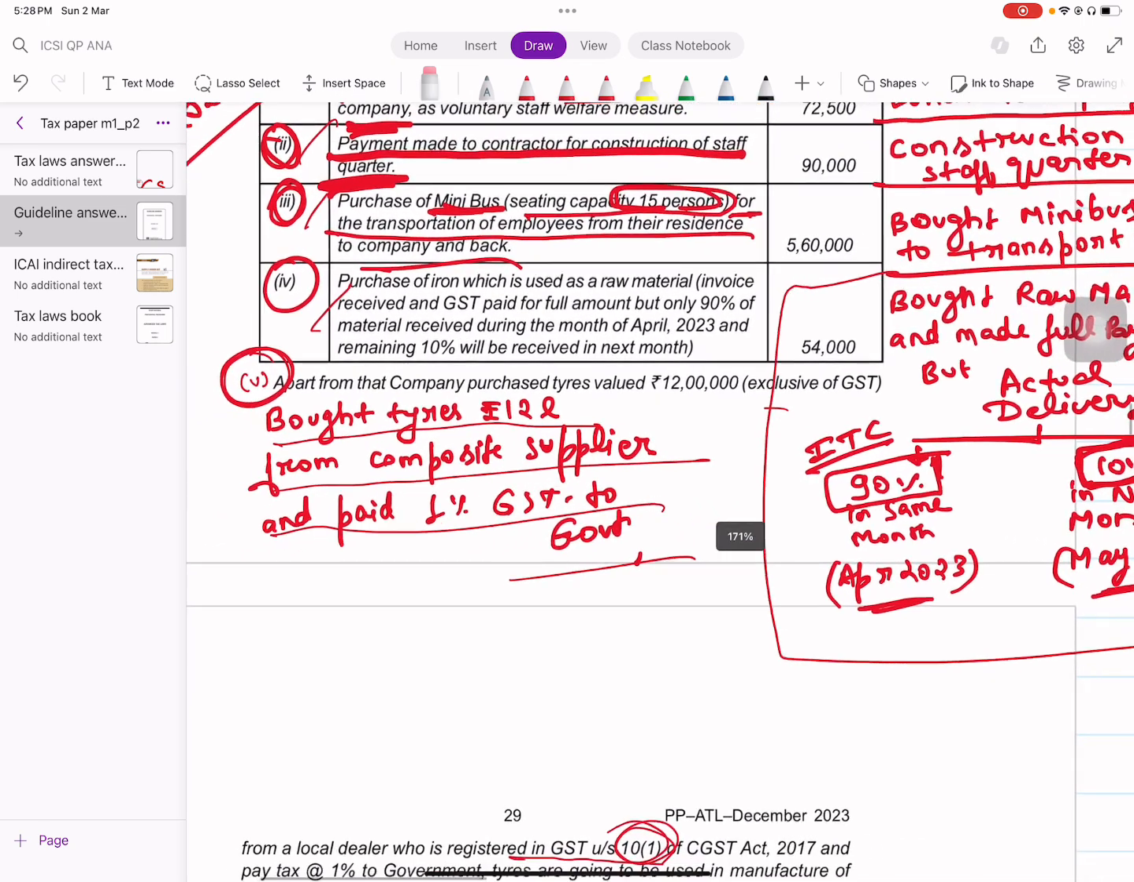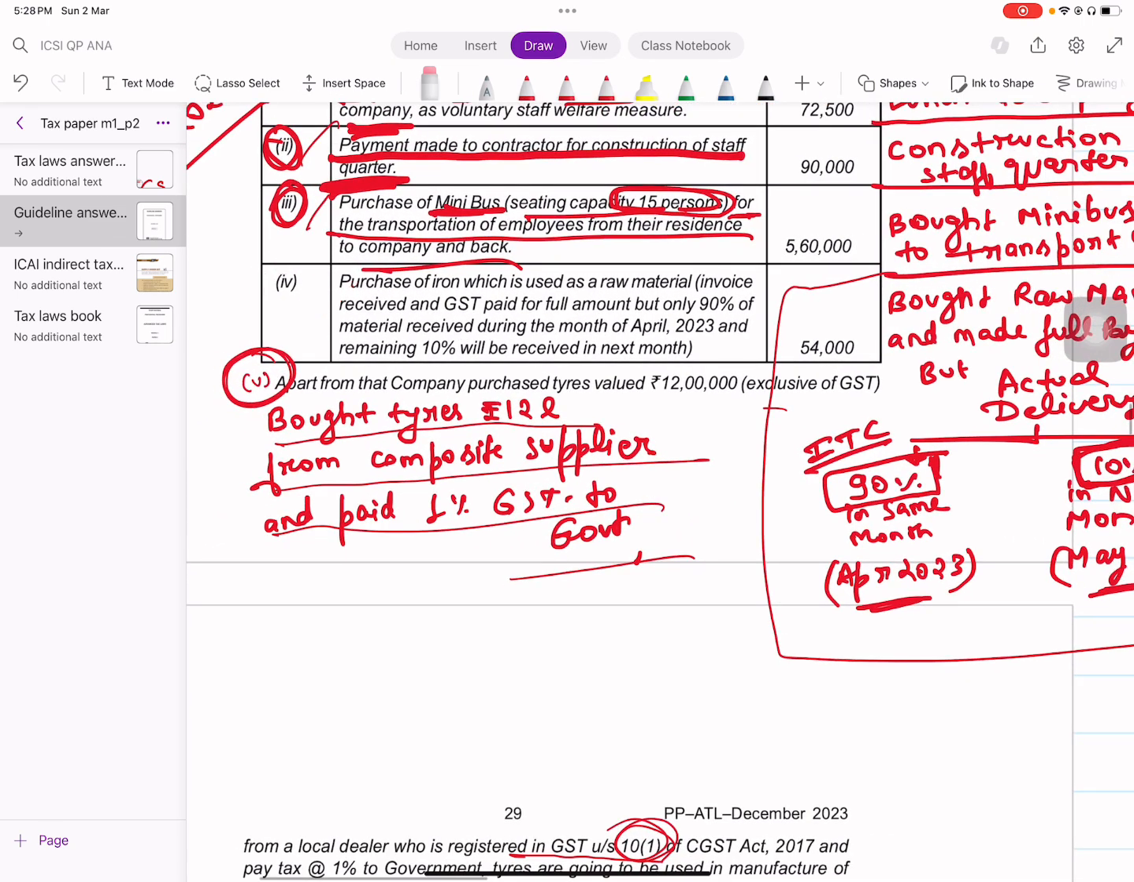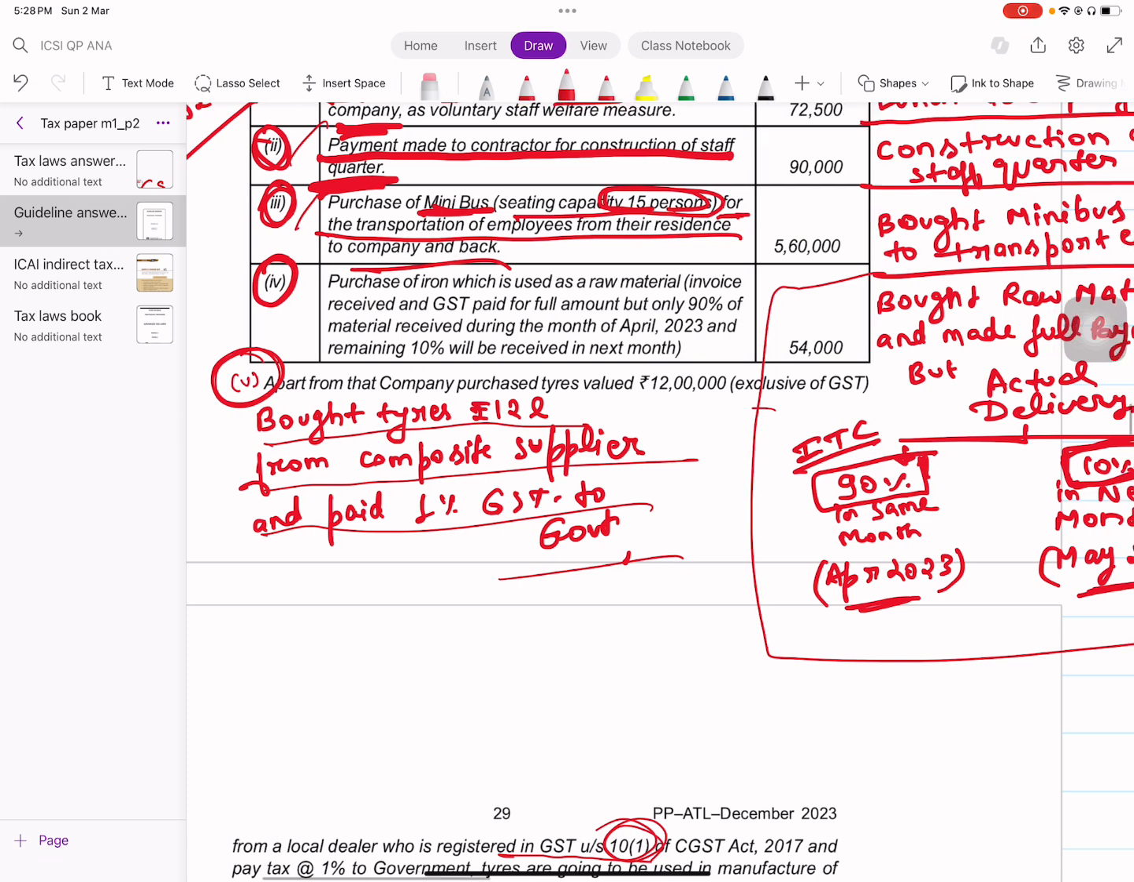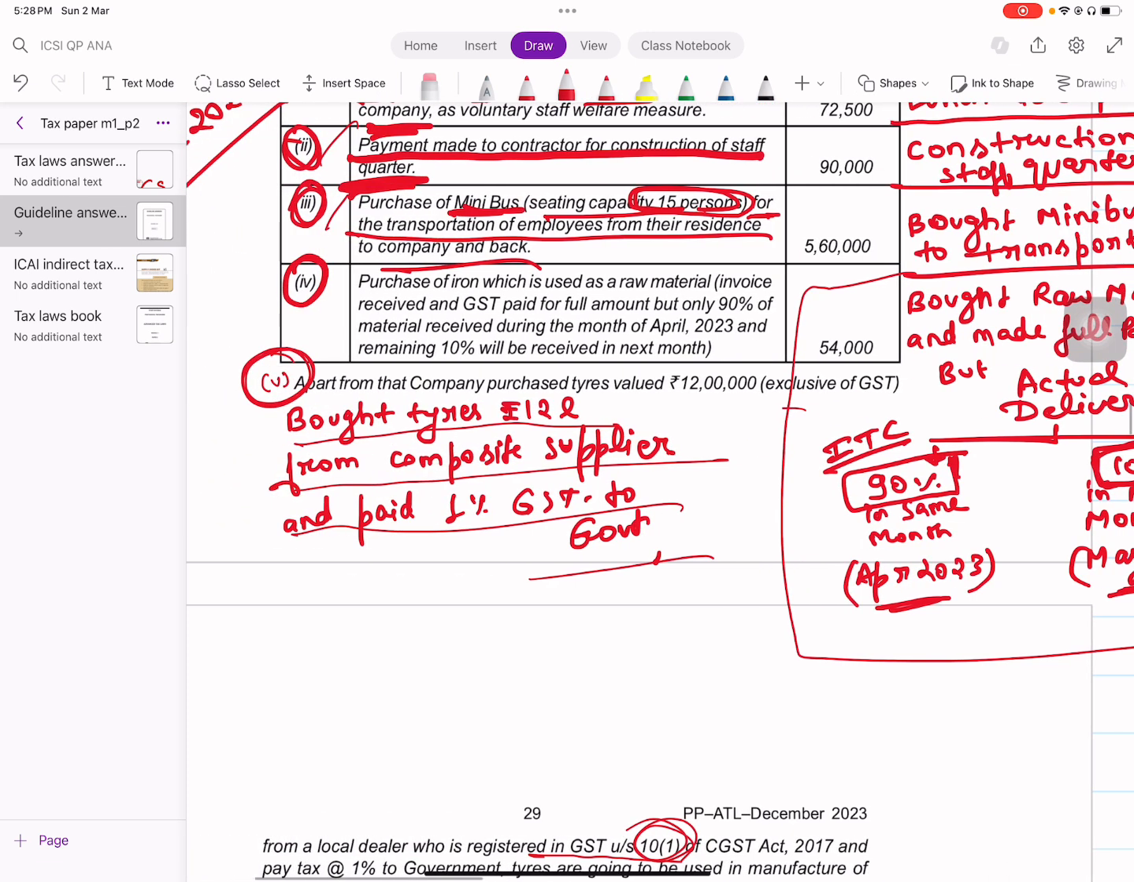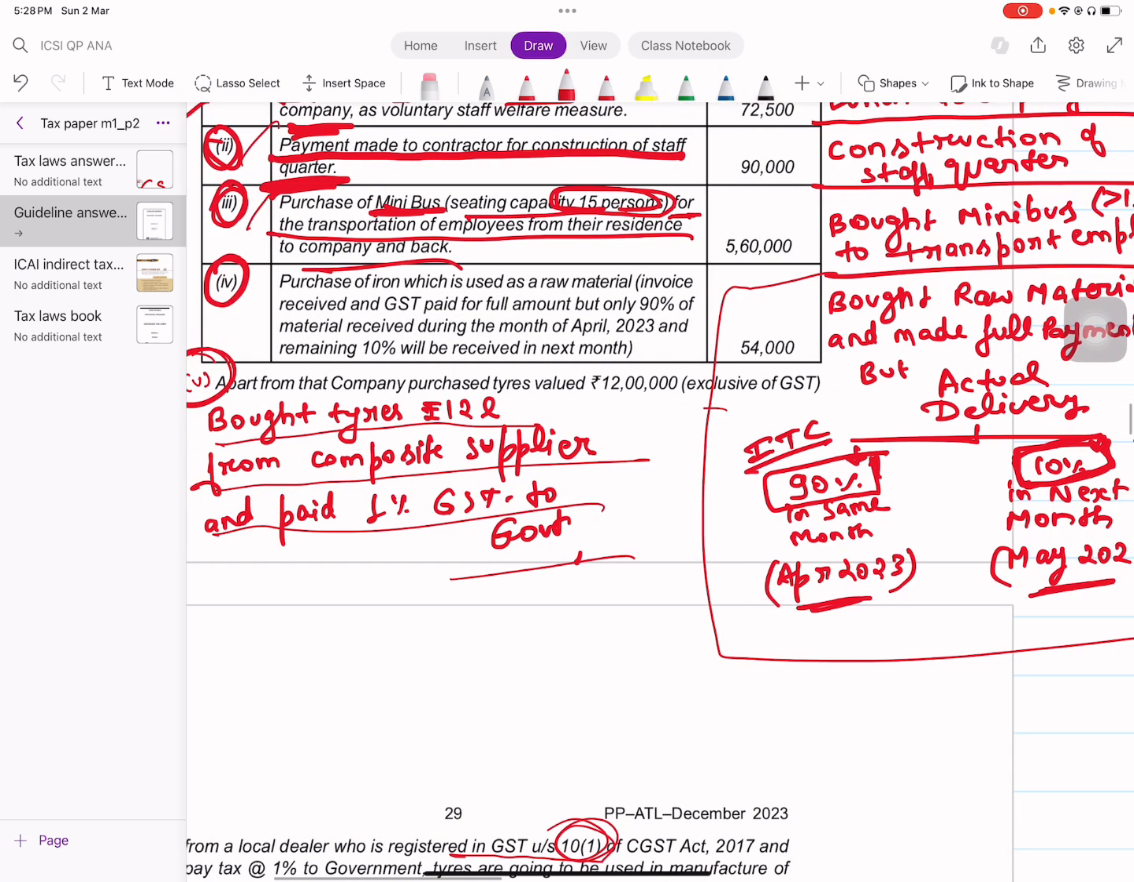Now, the fourth point is an interesting point. This has also appeared in previous year question papers of ICSI, and I have practiced this question from there. That's why I was able to actually solve it in the examination. Now, the purchase of iron which is used as raw material, invoice received, GST paid for the full amount,